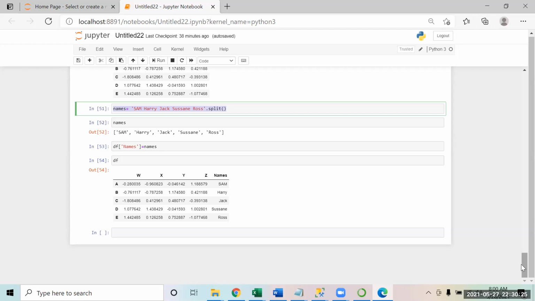Now can you fetch just the data of Sam? All of you write a code. I just want to see the data of Sam.